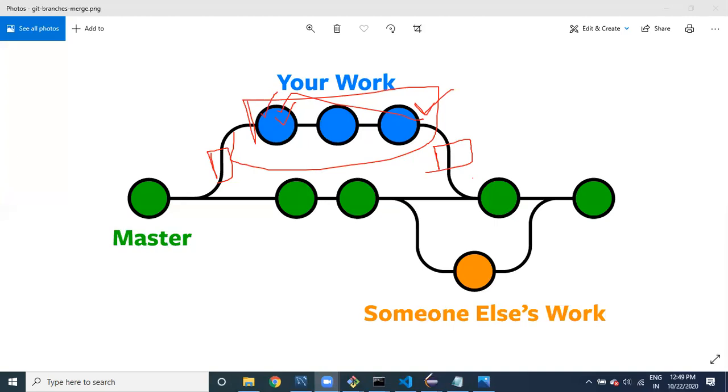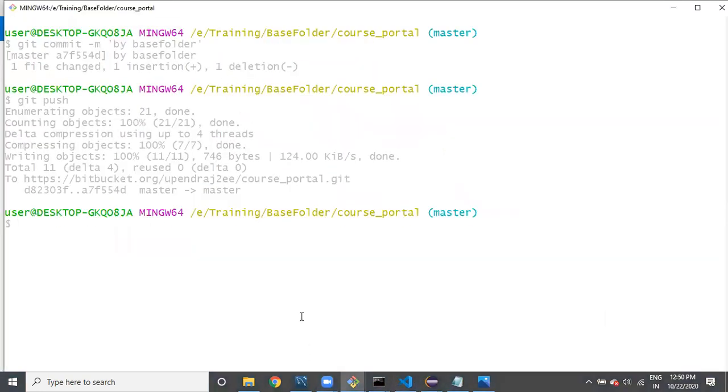Let us go here. We are in the base folder. Generally we take a task, and based on the task we create a branch.